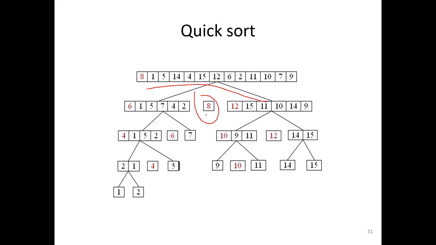In a similar way, after dividing, consider this as a subarray, select a pivot element here, and apply quicksort again by recursively calling it. In a similar way, we take this subarray, apply quicksort again by considering the first element as the pivot element, and make some arrangement. In a similar way, we do it for the whole list. If your list contains only one element, just stop dividing. That's all. I will show some simple illustration.